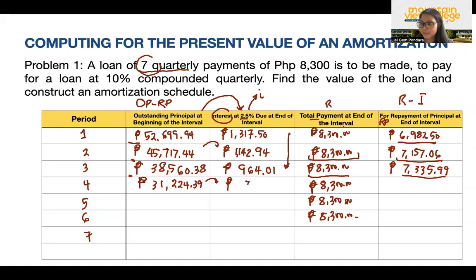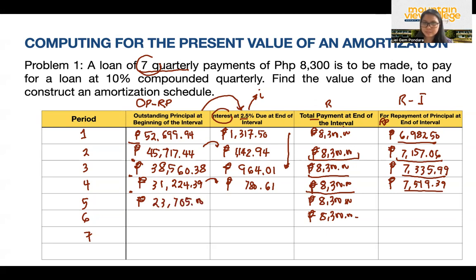In the fourth period, you multiply it by the interest rate, 2.5%. So you will be paying 780.61 for the interest. So from your 8,300 payment, you subtract 780.61 interest. So we are paying 7,519.39 to our loan. You subtract this amount from our outstanding principal. So our remaining balance will be